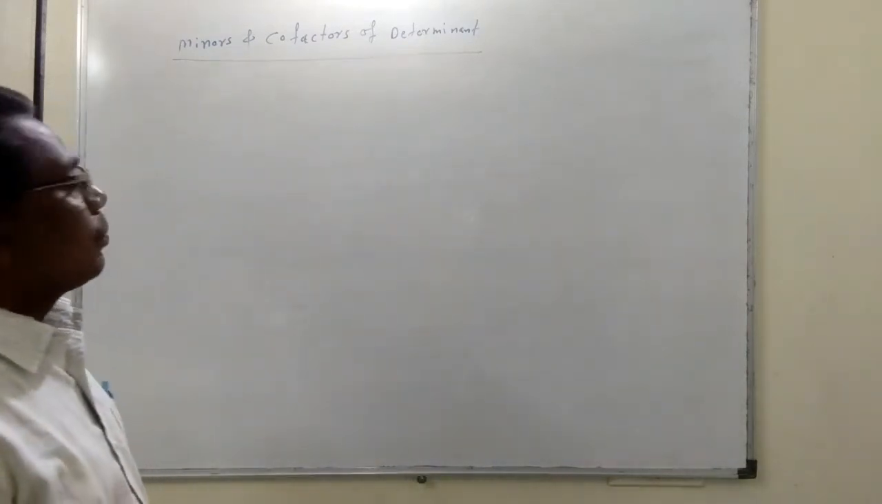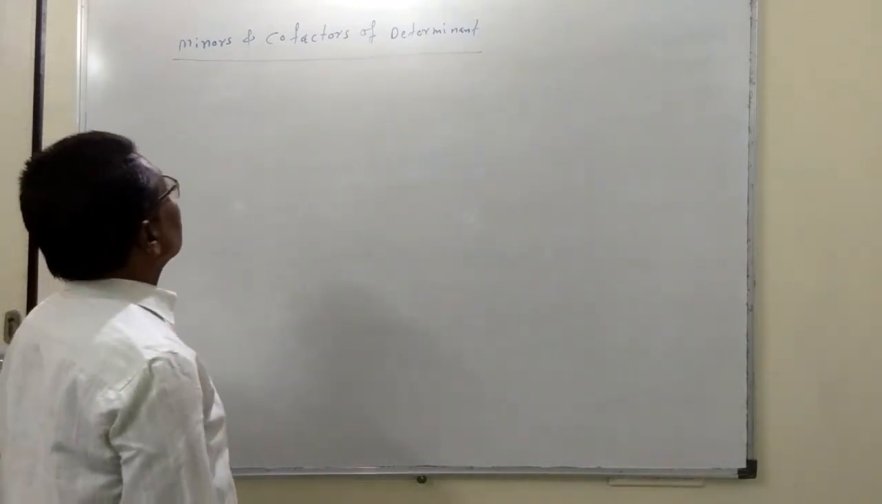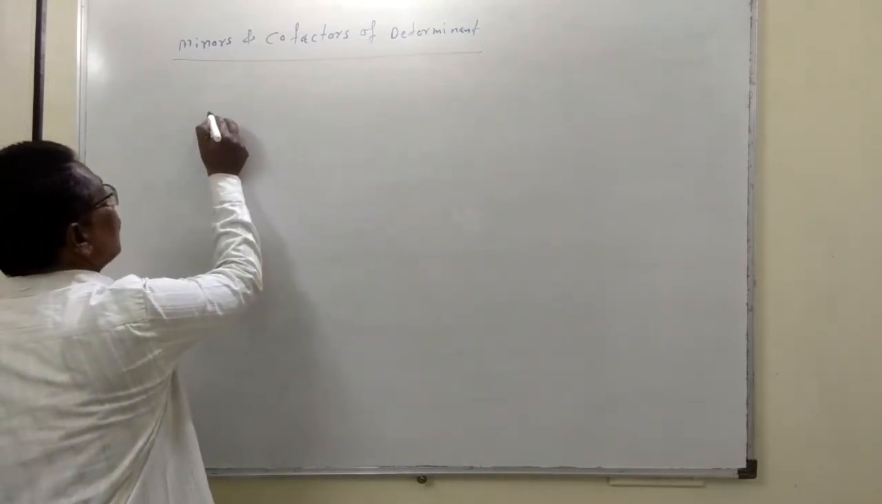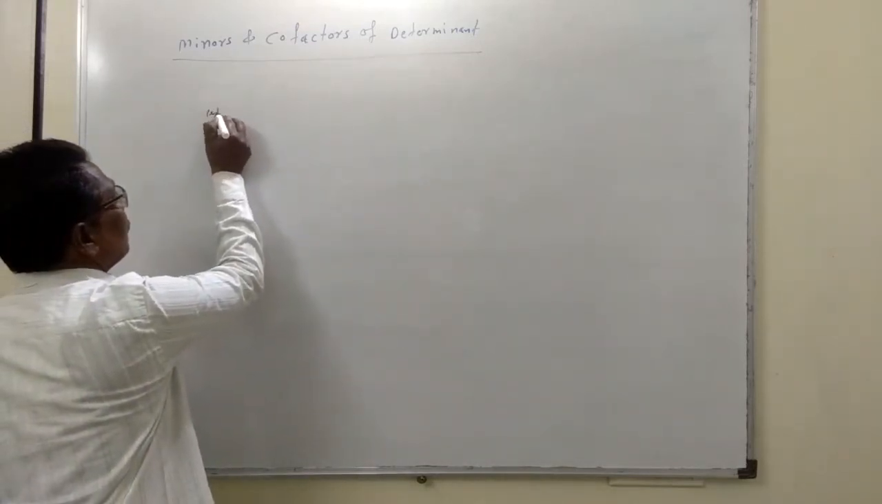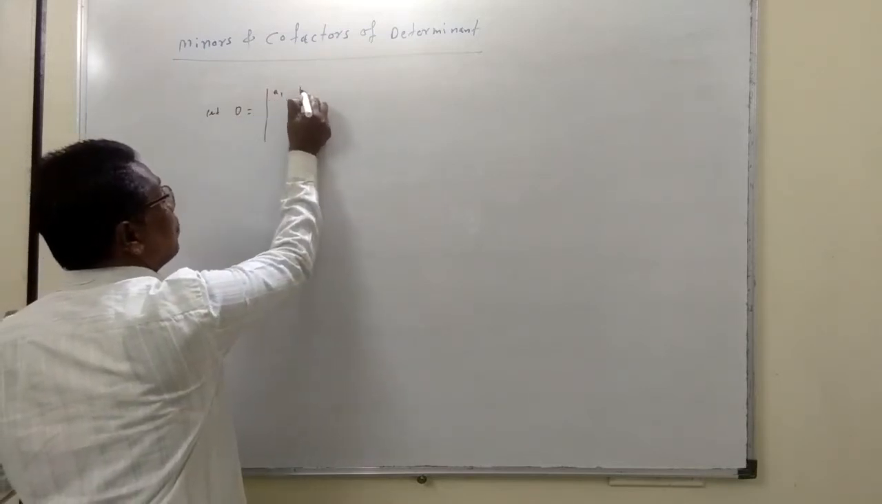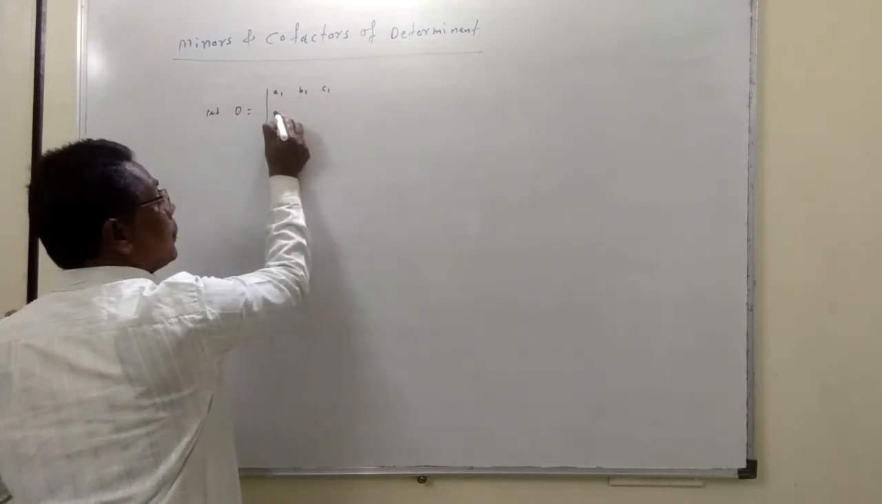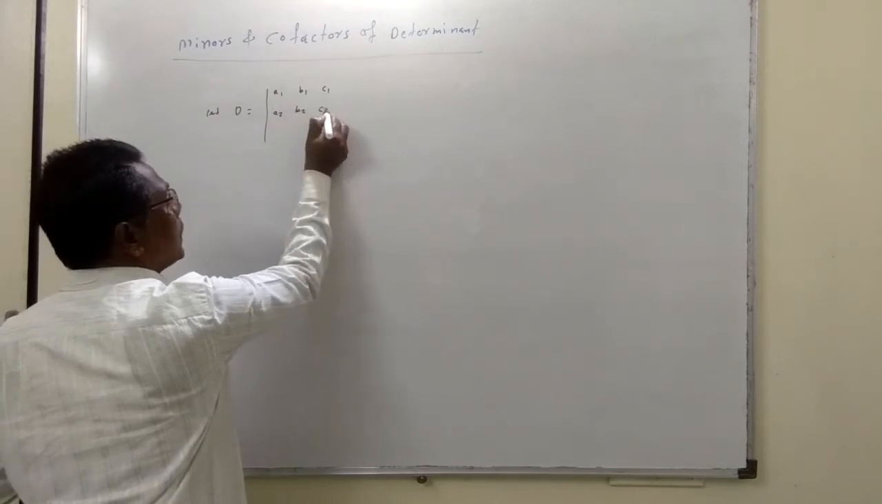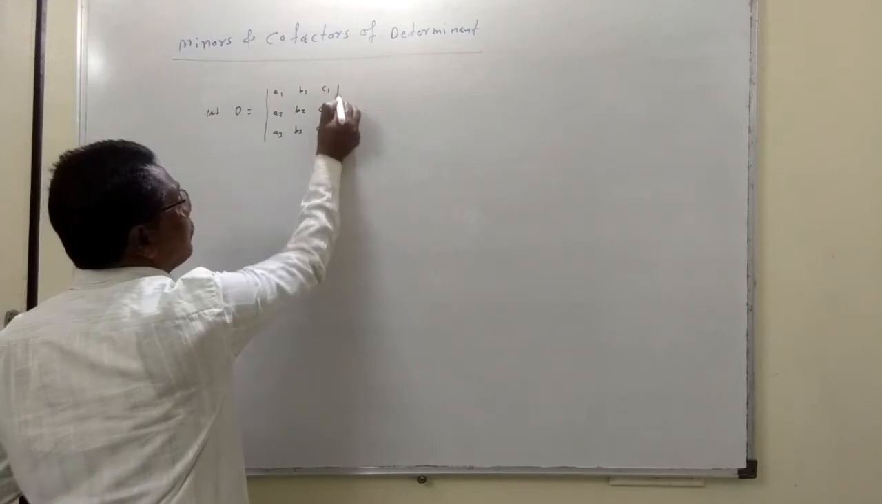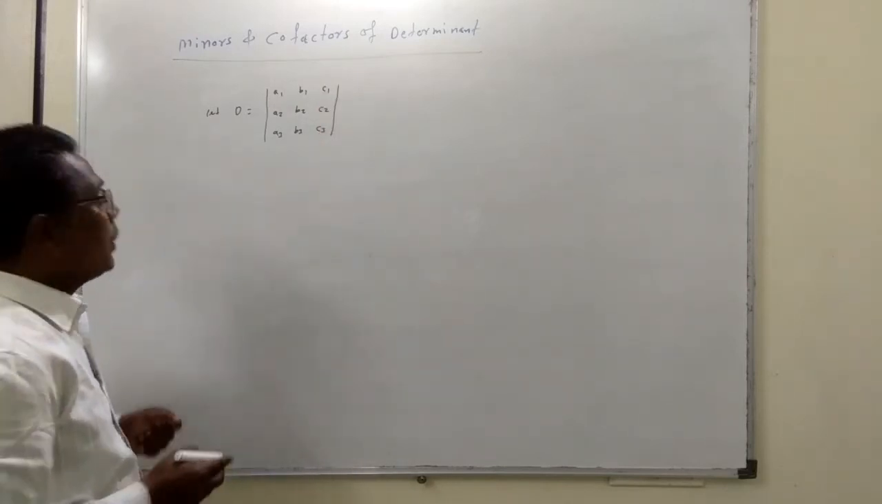Now today we'll study the minors and cofactors of the determinant. So suppose we consider D is equal to the determinant A1 B1 C1, A2 B2 C2, A3 B3 C3. Now here